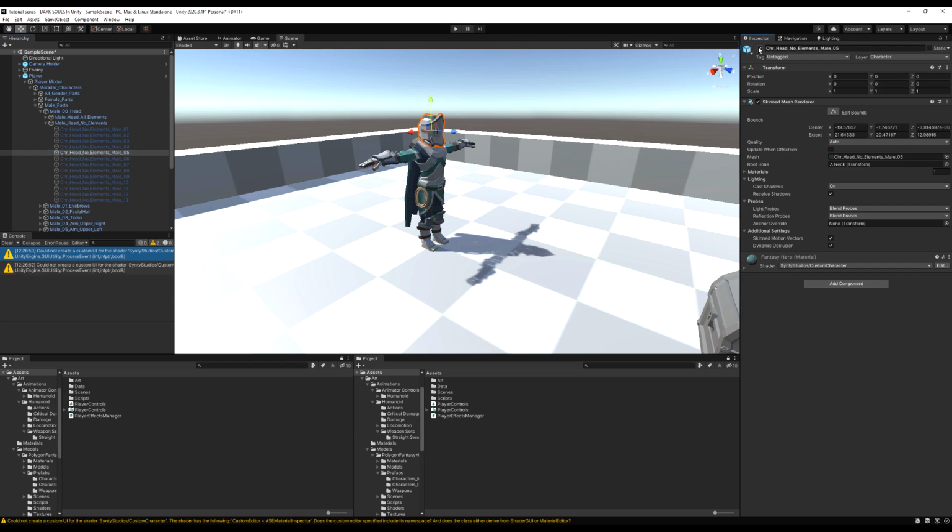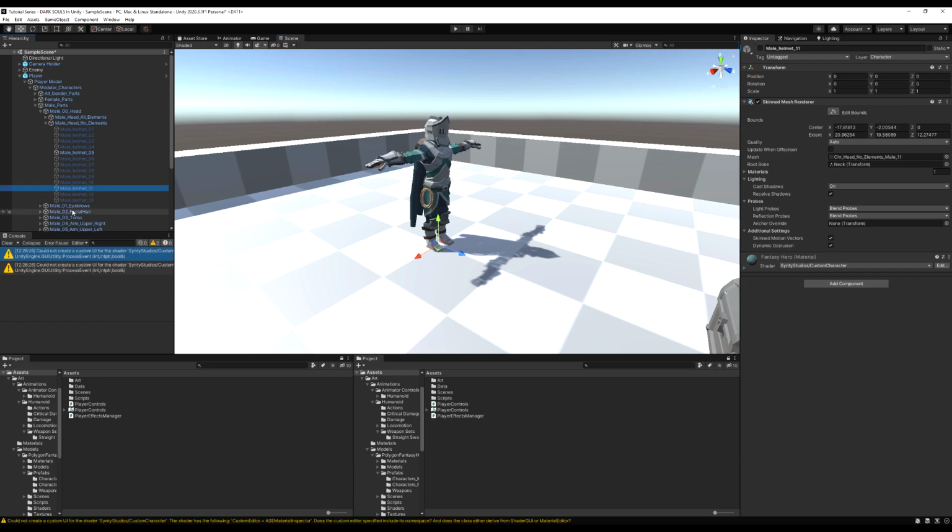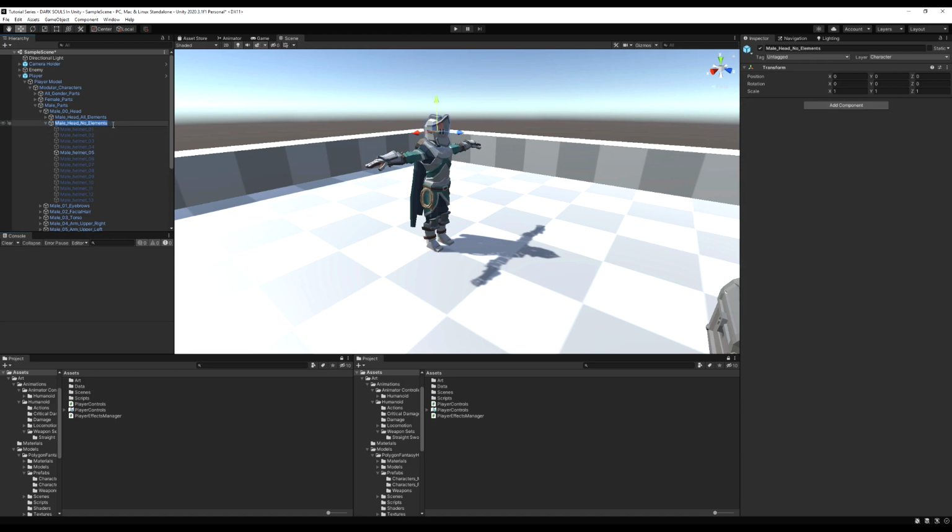But the key component here is you want to find the parent of the game object that contains the game objects of your actual armor. So right here it says male head, no elements. I'm going to change that to male helmets. And we're basically going to add a script to this that will toggle on and off the separate game objects depending on which helmet you actually have equipped. So let's make a helmet